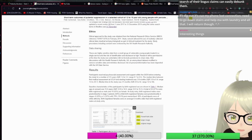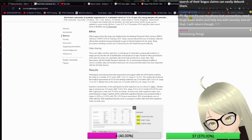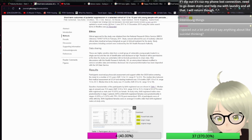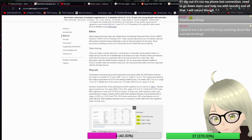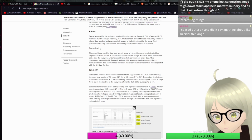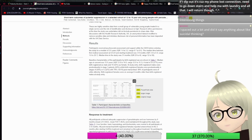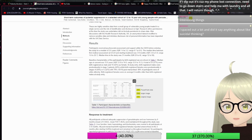Participants received psychological assessment and support with the GIDS before entering the study for a median of 2 years. The median time between first medical assessment at UCLH and starting treatment was 3.9 months. Median time in the study was 31 months. Characteristics of the participants by birth-registered sex are shown in Table 1. Age at consent was 13.6 years. A total of 25 were birth-registered as male and